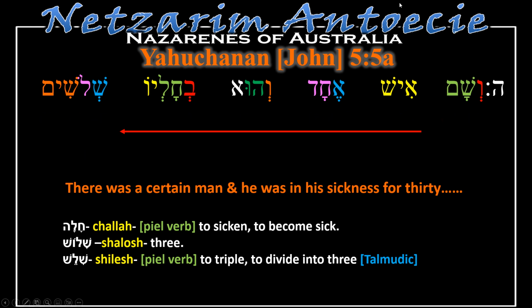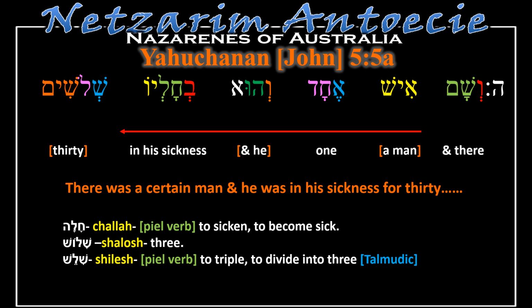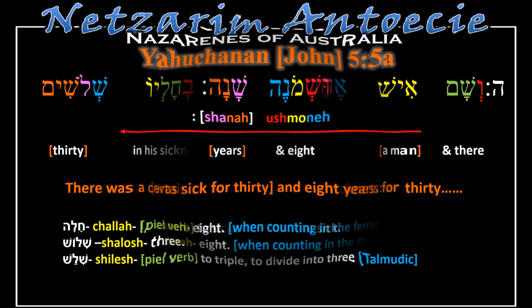Now we can read that. It is Vesham, Ish, Echad, Vehu, Vechalyo, Shloshim. The translation: and there a man one, that means one man, and he, in his sickness, 30. And then we go to part B,